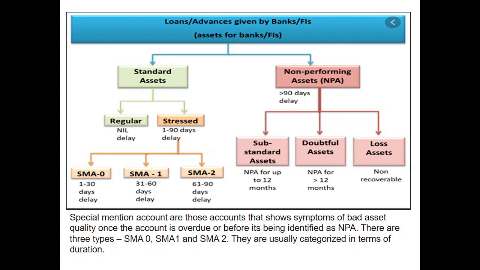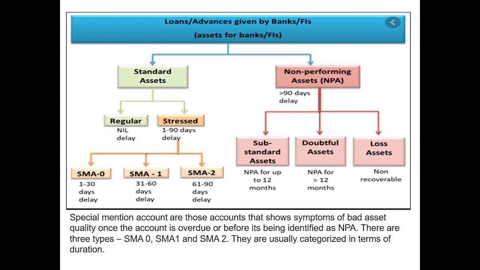where we have classified it into three categories: substandard, doubtful, and loss. Substandard means you have defaulted for more than 90 days, and we are going to keep you in the substandard category and expect your repayments. But if they do not come for the next 12 months, you will be held in this. If it further exceeds beyond 12 months, meaning first 90 days over, then next 12 months over, we are not going to keep you here. I am going to downgrade you from substandard to doubtful. And doubtful means where NPA is greater than 12 months. Now, the tenure is more than 1 year.